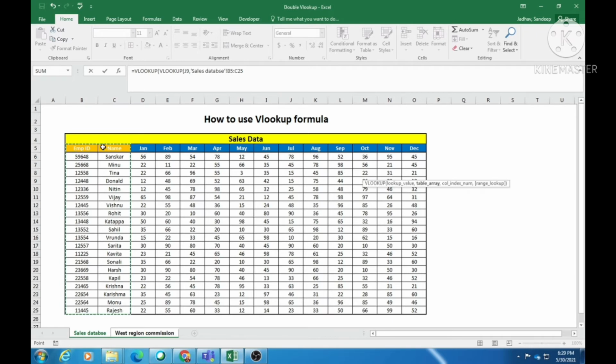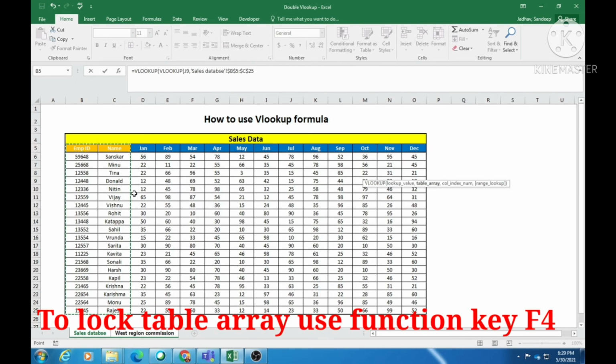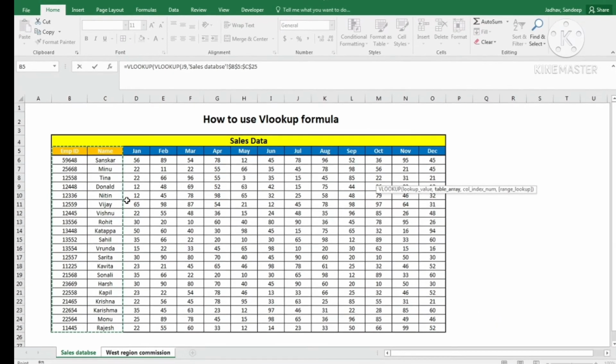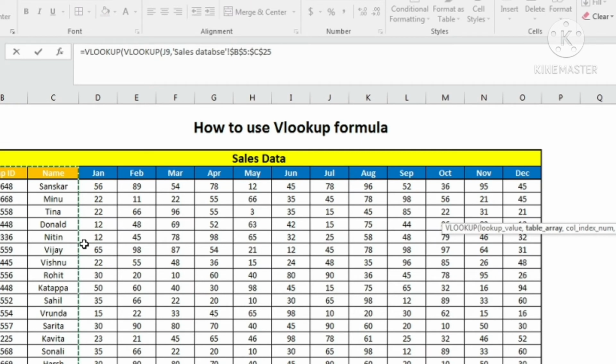So I selected the table array for employee ID, employee name, and lock this table because I want to copy the formula down. So I lock this cell using function key F4 and then comma. Now we are extracting the name for the corresponding employee ID. So we are in the first VLOOKUP formula, comma.